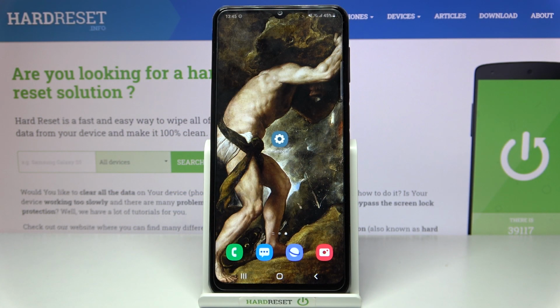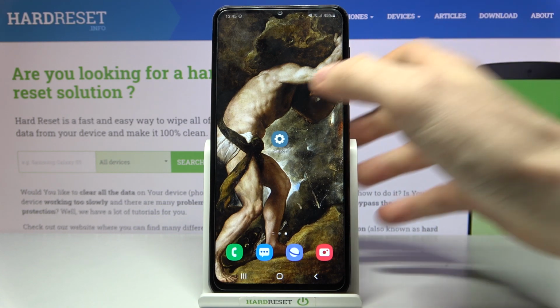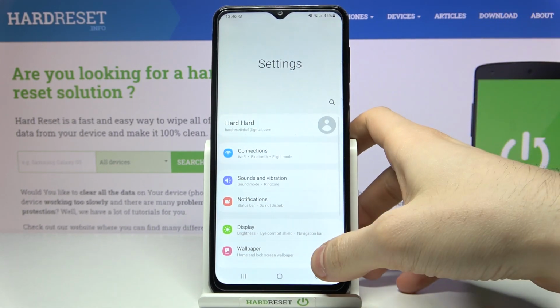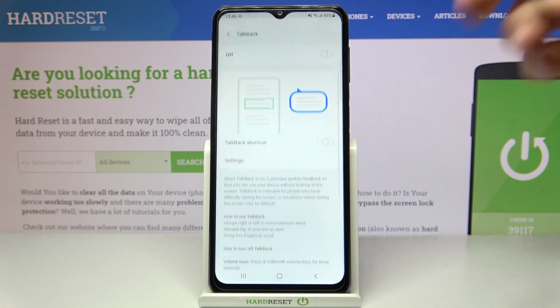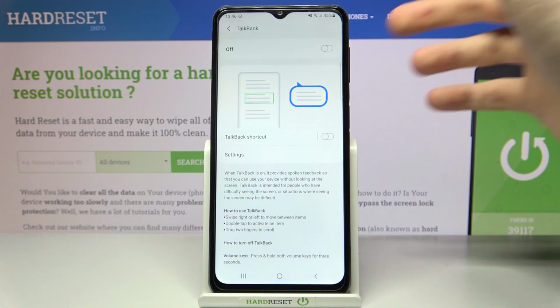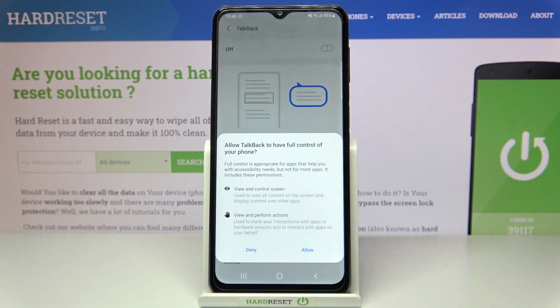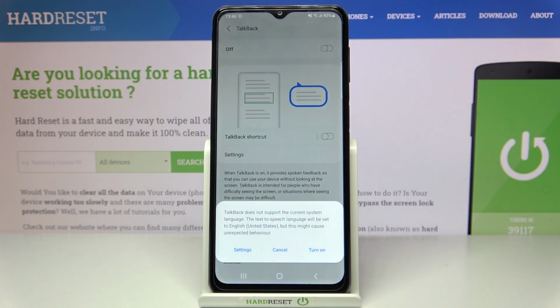Here I have Samsung Galaxy M32, and today I'm going to show you how to enable TalkBack on this device. So first of all, you have to open settings, then you have to enter accessibility, then go to the TalkBack, then you can enable it here, then allow it,